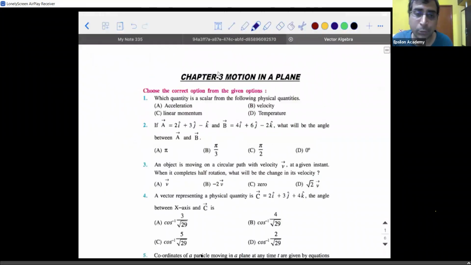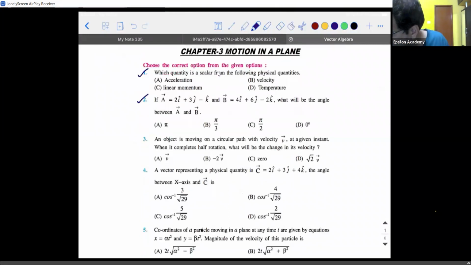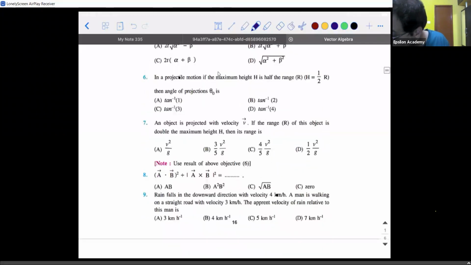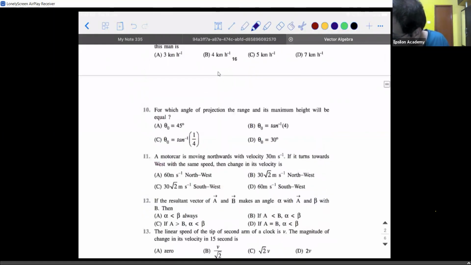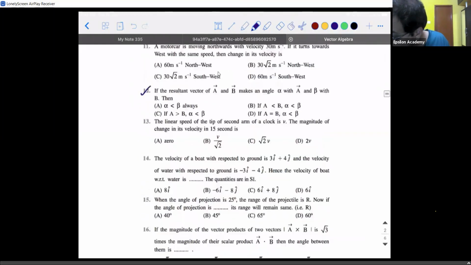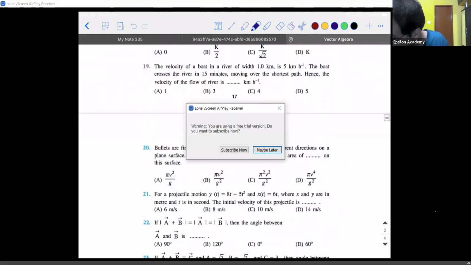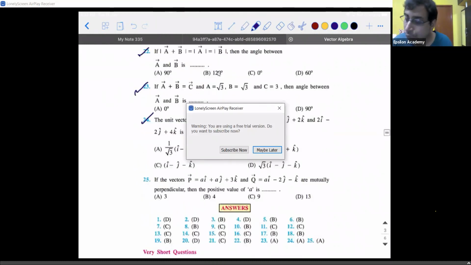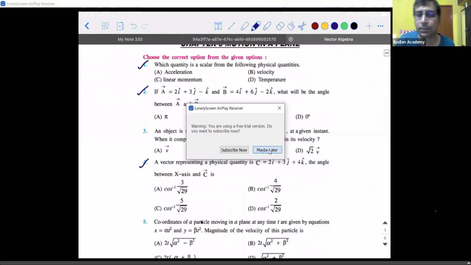Okay, we are not going to solve every problem because it's a mixture of two chapters actually. So I'll tell you which problems we are going to see. First one, second one, fourth, 8th, 12th, 22nd, 23rd, 24th, and 25th. So these are all the problems that we are going to see. So we'll get started. Trust me, they are simple.